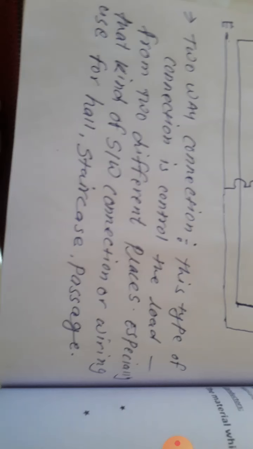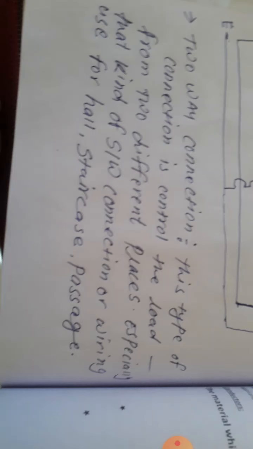So this kind of wiring we can especially use in staircases and halls, big halls. If a big hall has 3 or 4 doors, we can use this kind of wiring. If you enter from one side, you turn on the light there, and after you reach the other side where you want to go, there is the two-way switch. If you switch it off, that controls your load. Passages, floor passages and building passages, also use this kind of